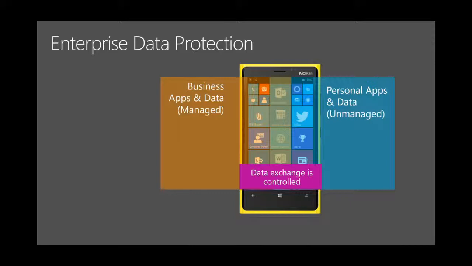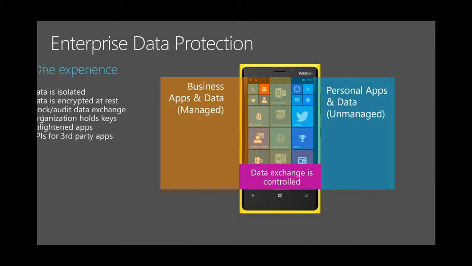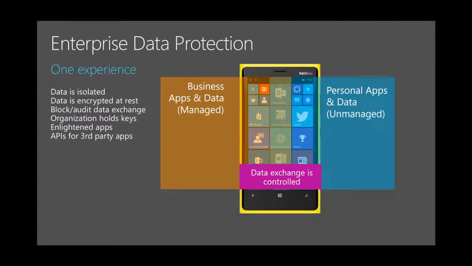Data exchange is controlled by you, right? You can say by application, this is my enterprise application, let's say Word, right? When somebody tries to copy something from Word to a non-enlightened or non-managed application, block it. Or allow it and create an auditable event. Right? So you can do both. But you control what is being shared between the two, or the MDM system controls what is being shared between the two as such, right?